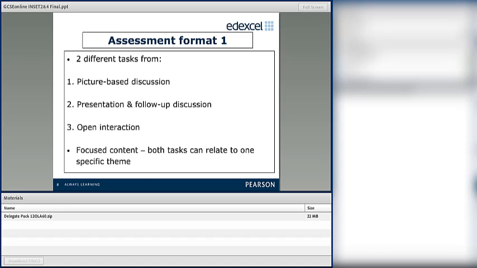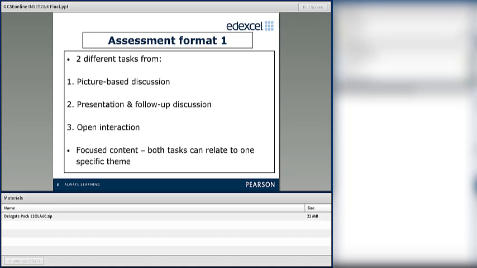Also, one thing that's at times not terribly clear is what you have to submit. Let's say you have to carry out 2 different tasks with each candidate, and you only have to send evidence. You will have to send marks for both tasks. No, one candidate takes 2 tasks. You will have to send the marks for both, but you only have to send 1 recording per candidate. However, you must make sure that you send off evidence of 2 different types of tasks.